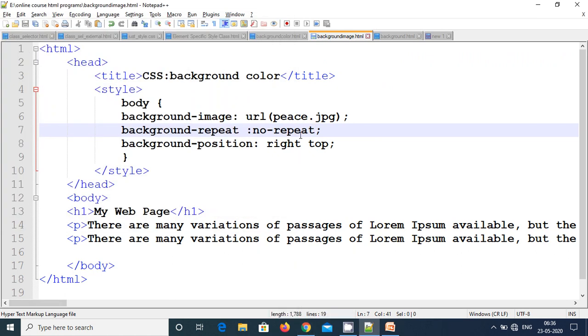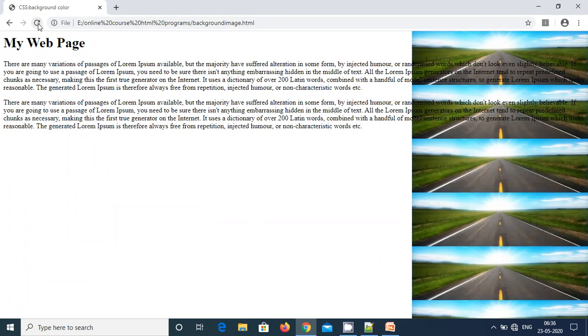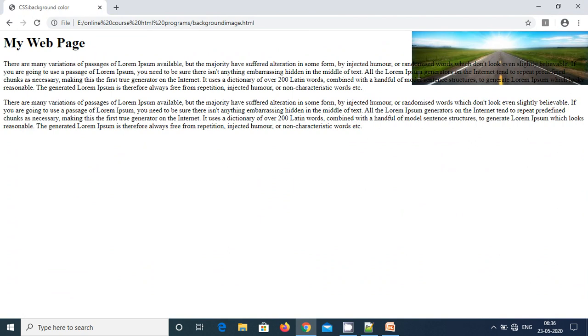I'll refresh. I have given no repeat, and the image name in the background image, and the position I have given as right top. Let's see here. Yeah, you can make out here, now the image is appearing only in the right top of the browser.